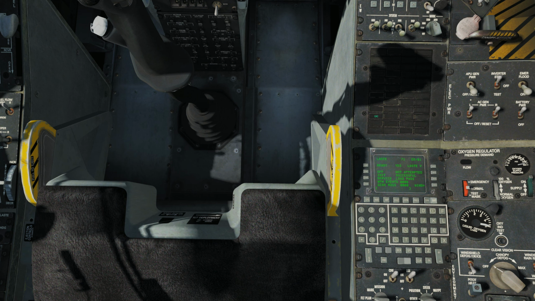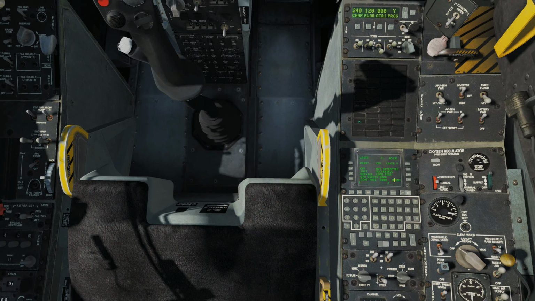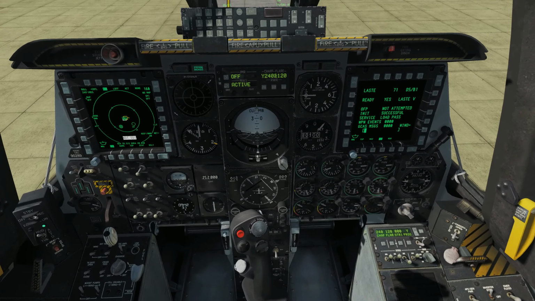So if there's wind and there's a known wind speed and a known wind direction, you can actually set this up in here, and then it'll apply wind correction to things such as weapon drops or your autopilot or any such things. Let's now look back up front,